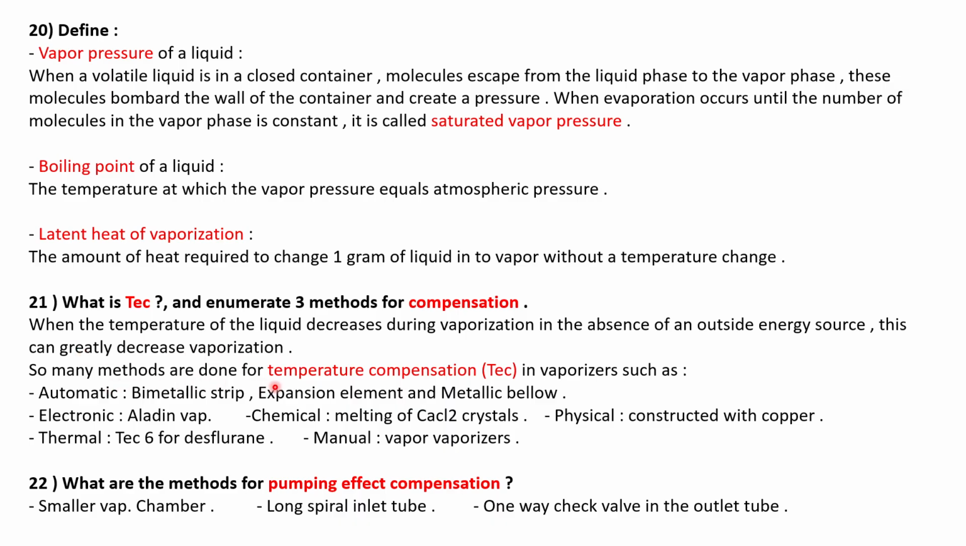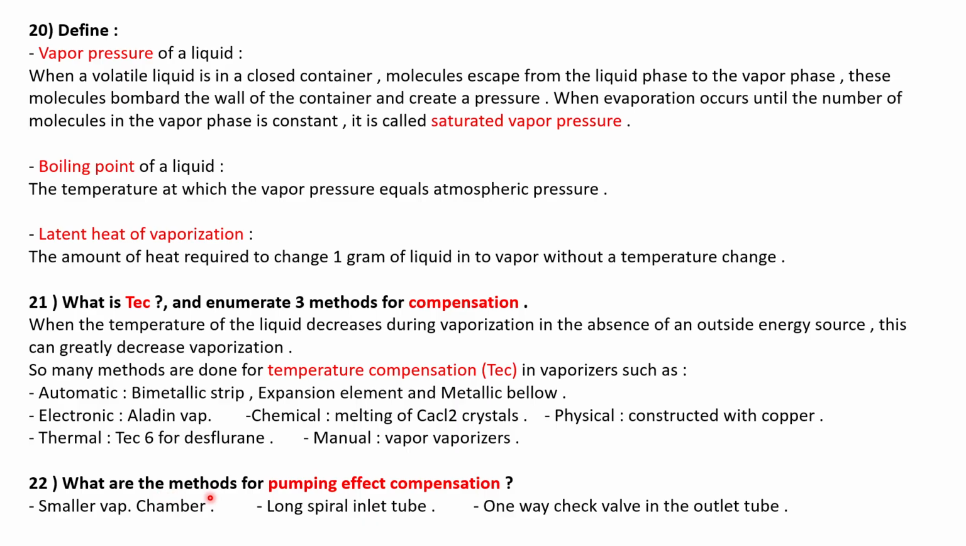So many methods are used for TEC, temperature compensation, in vaporizers, such as automatic ones by metallic expansion element, metallic bellows, electronic Aladdin vaporizer, chemical melting of calcium chloride crystal, physical construction with copper, thermal Tec 6 for fluorine, and manual vaporizers. And we are using the electronic one right now, but you should mention all the other systems as I told you before. Okay,